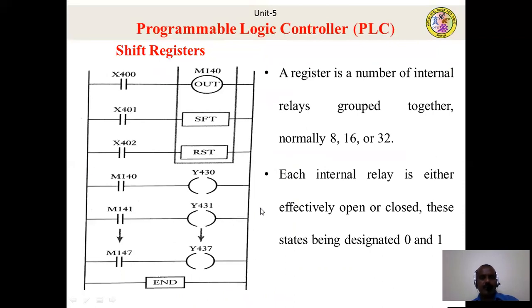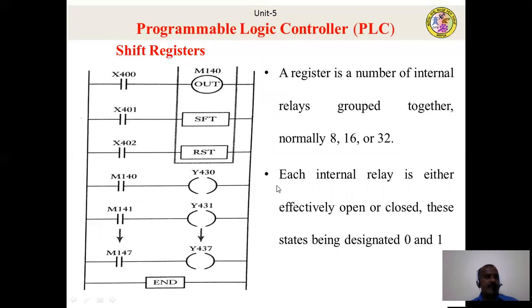Now coming to the next part, that is the shift register. A register is a number of internal relays grouped together, normally 8, 16 or 32.